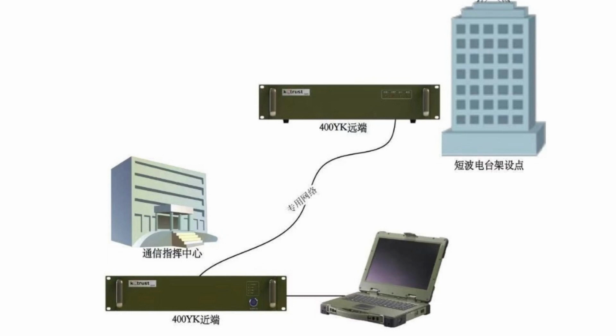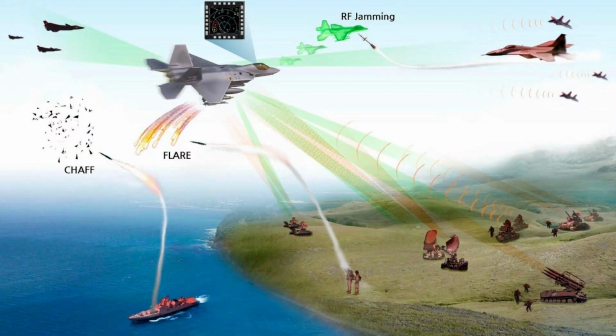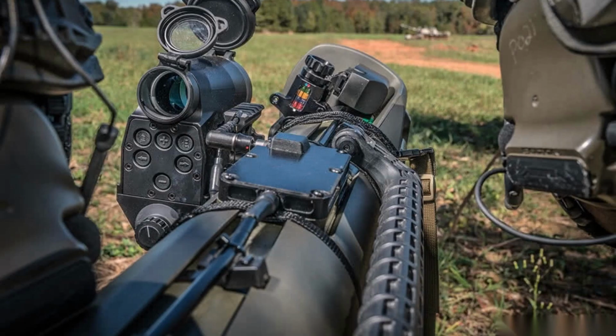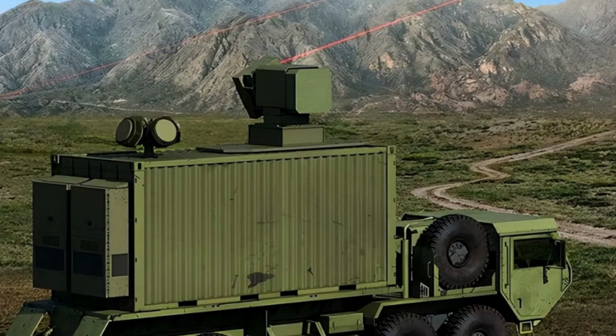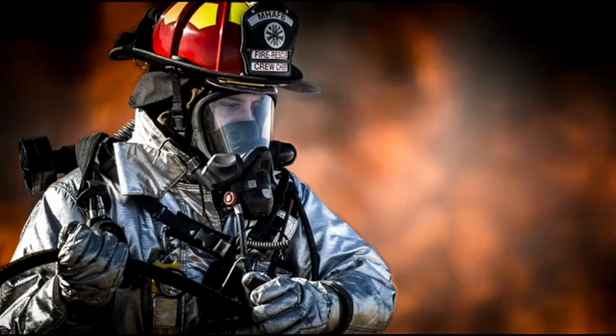Pole-21 jammer. In the nomenclature of modern domestic electronic warfare systems, there is a rather interesting sample, the so-called system of covering objects from the aiming use of high-precision weapons, Pole-21. This product was first shown to the public in 2013, and in 2016 it was adopted by the Russian army. Since then, it has been repeatedly reported about the transfer of the complexes to the troops and their use during